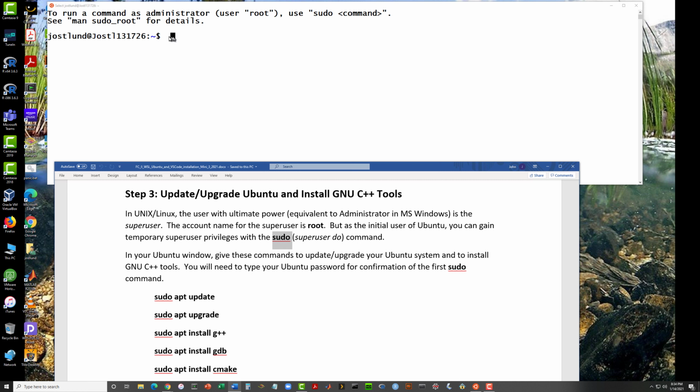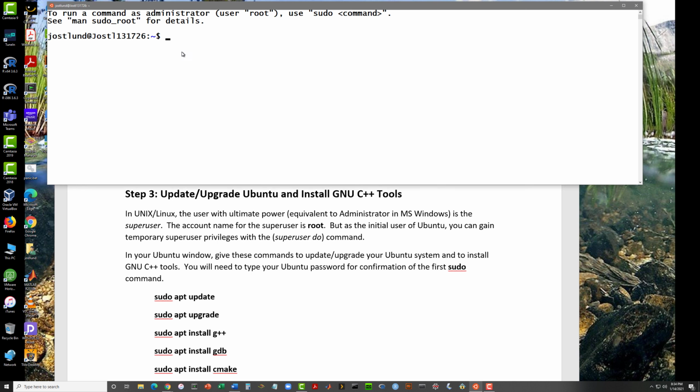And by default, the first user account that's created on the Ubuntu system is automatically granted the ability to use sudo. So first of all, we're going to use sudo to make sure that our Ubuntu system is